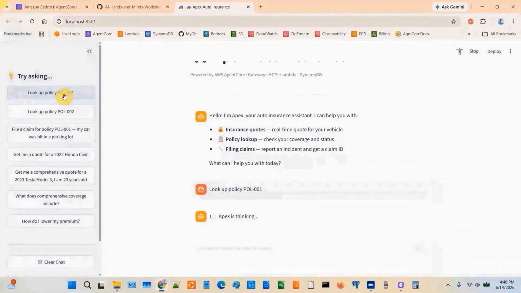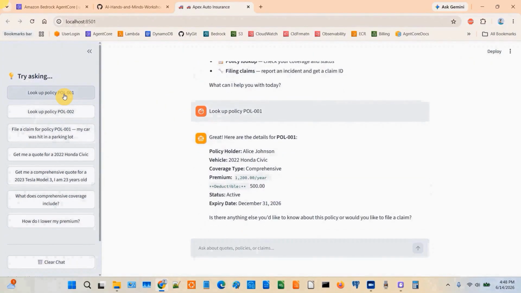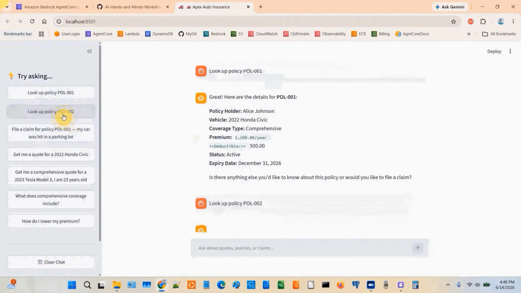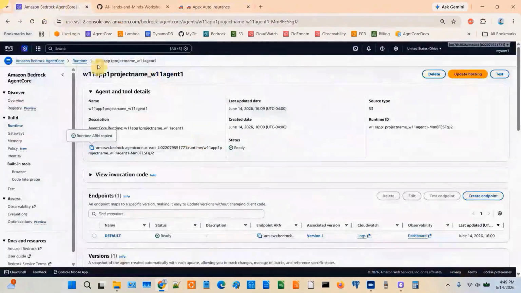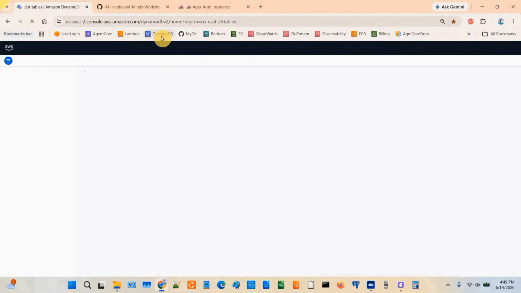Okay, here is how the product looks at the end of the 14th workshop. This is browser based. We're asking the question, hey, show me policy number 1. It brought the answer. Similarly, we're asking, hey, show me policy number 2. It brought the answer. To confirm that what we saw is right, we are going into the AWS cloud,